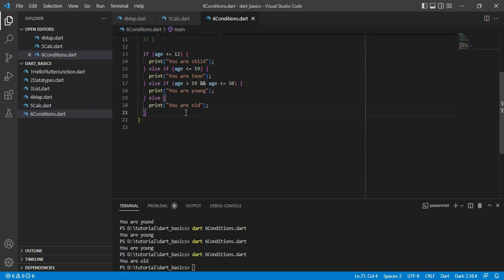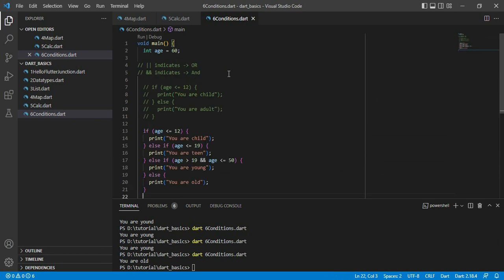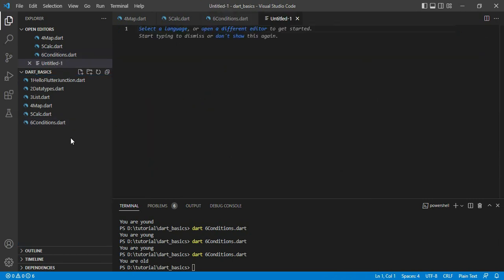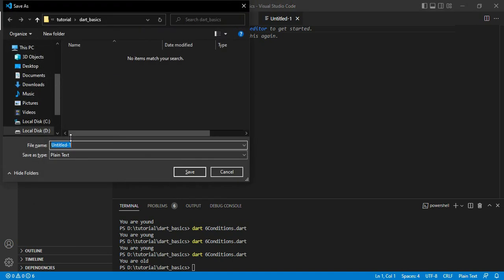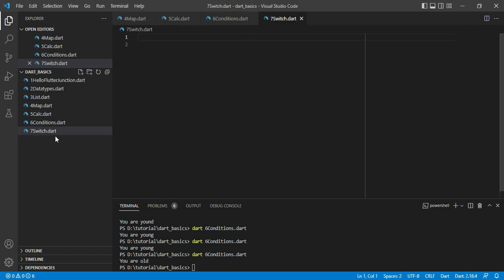Now we are going to the other condition, that is switch. I will create the new file and save it, and 7 switch dot c is the name. You can see switch, it has on or off. You can see the switch like we use in our daily life, to turn on our fan or electric bulb and things. Right, now let's move into our topic, switch, void main,